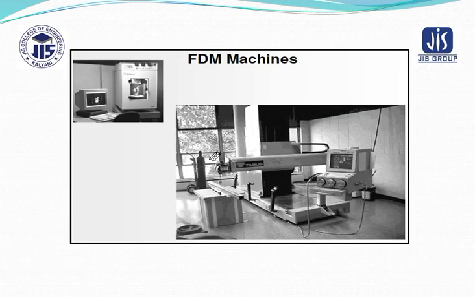So let's have a look at this machine. This is the FDM machine. You can see there is a computer which is controlling the entire process, and this is the machine setup where the machining is performing. This is probably the extrusion head, and you can see the deposition of material occurring over the printer bed.